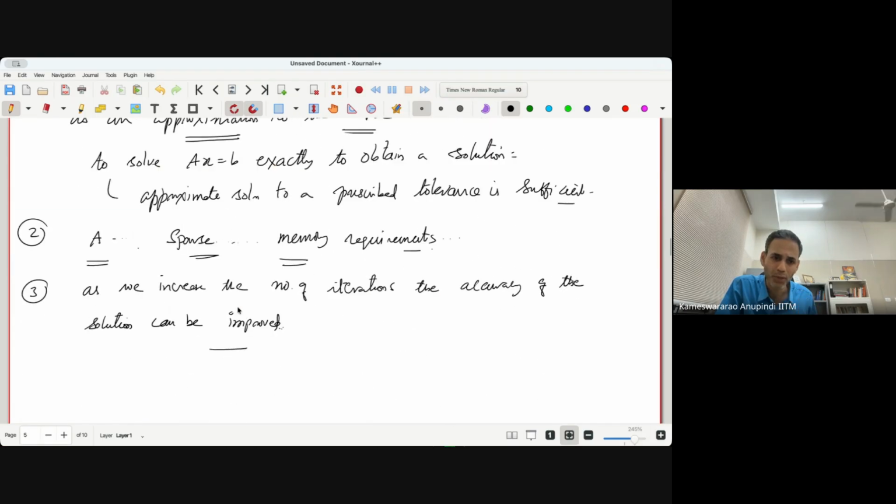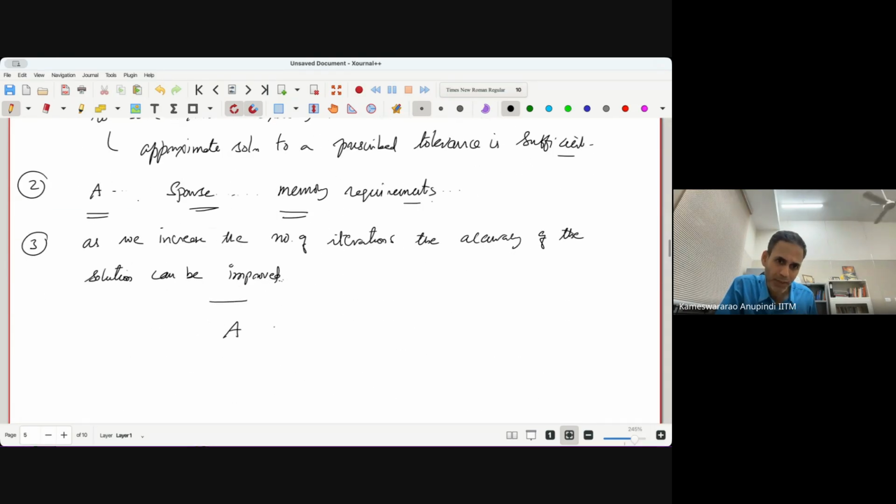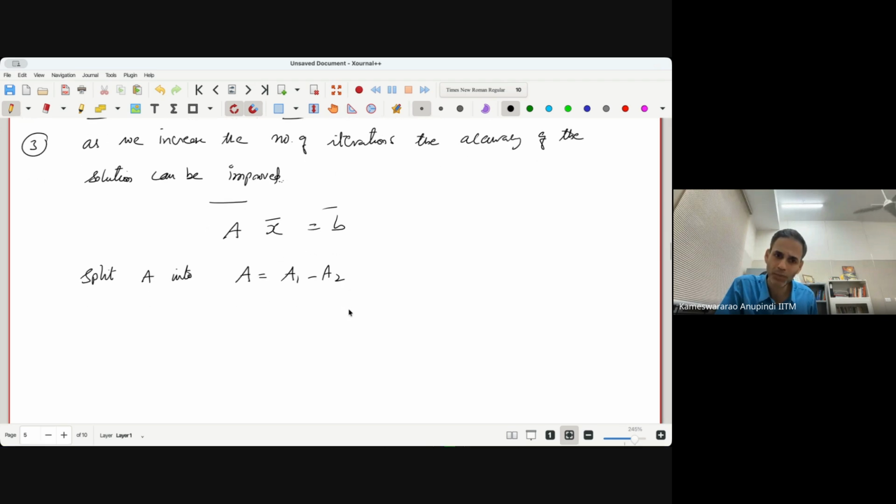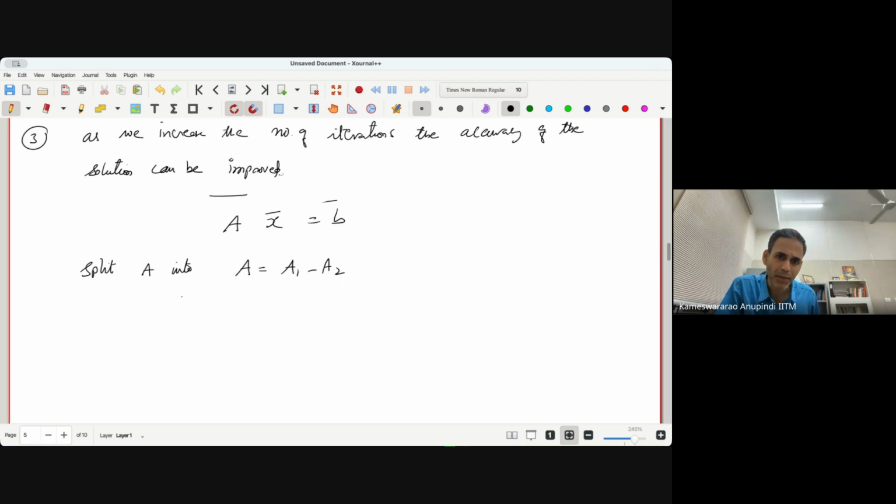Ax equal to b. I'm going to write Ax equal to b, but we realize that A is a matrix, and x and b are vectors. So the general idea is to split A into A1 minus A2, such that